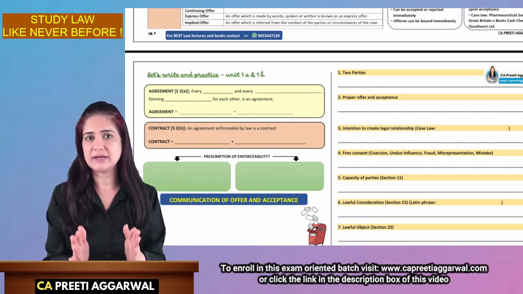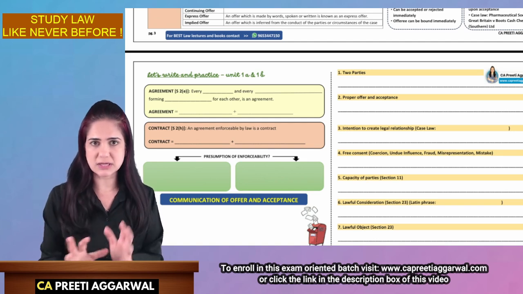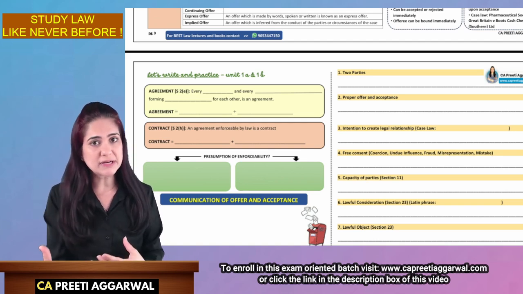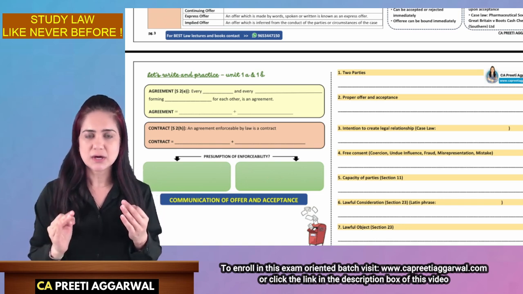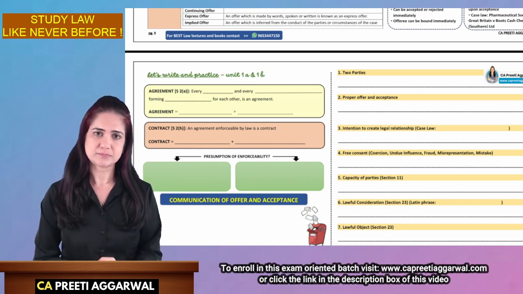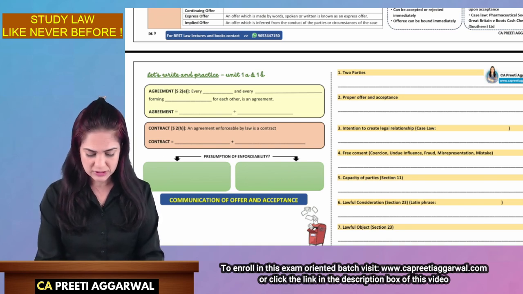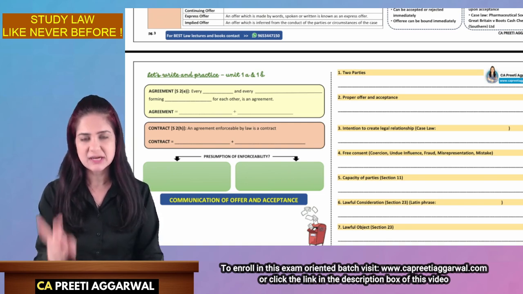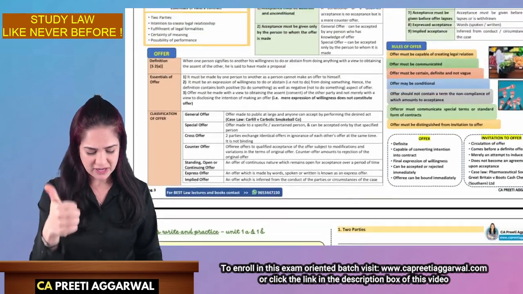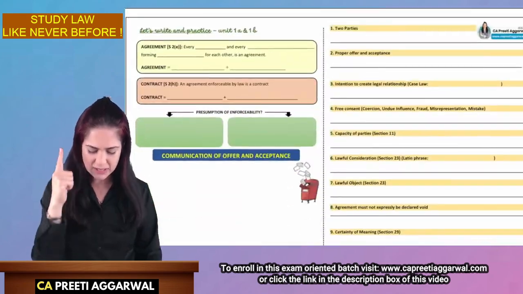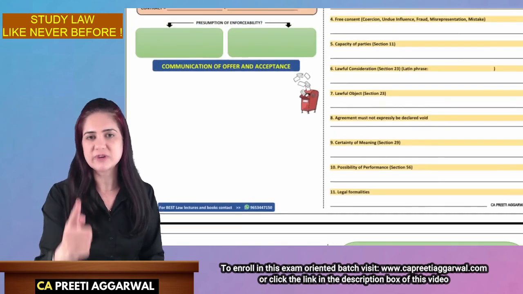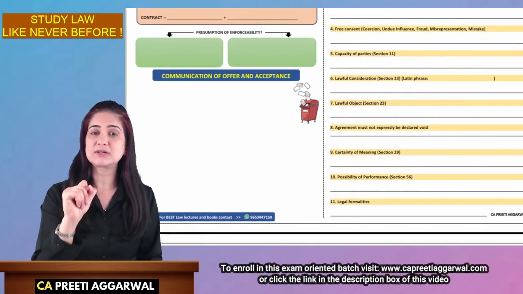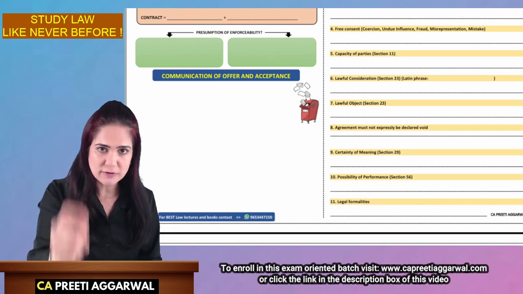Once you get an idea on how the answers are to be framed, what is to be written in the answer, then you will submit those homework questions to me for checking. Okay. So this is going to be our approach. It's a 3-step approach. First, revise the concept. Second, write and practice. And third is when you solve the homework questions, writing practice of those questions. You will solve those homework questions.